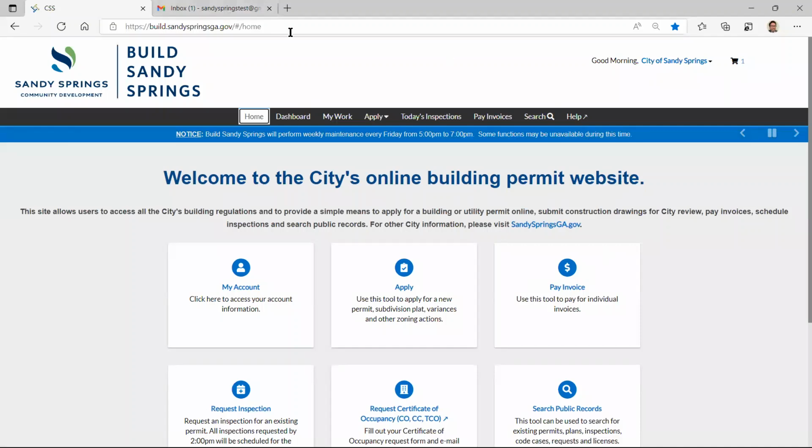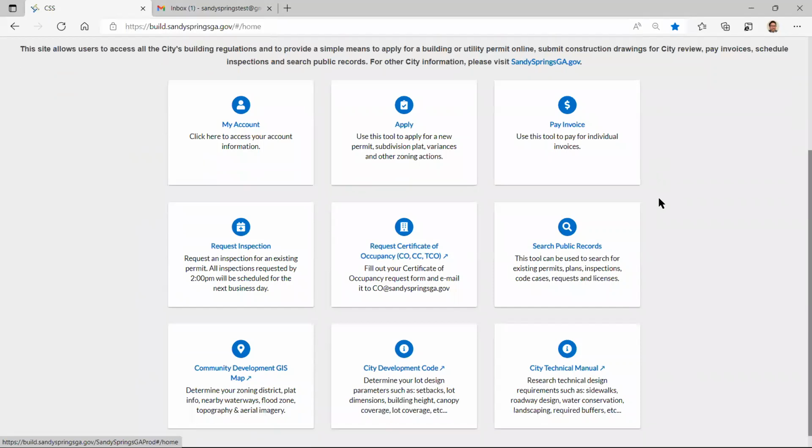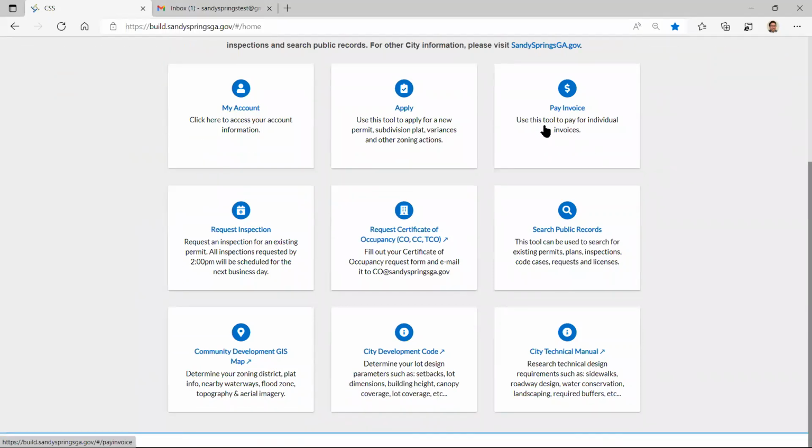All right. So when you type in build.sandyspringsga.gov, this is the home screen. So here's a brief summary of what we have. This is basically everything that you would need to know about building in Sandy Springs. I know a lot of you may know this, but there's a lot of new faces as well, so I'm going to give you a brief summary. My account is where you're going to register or log in and apply for a permit. You can pay your invoice, request inspections, request your CO, search public records, and see some basic information about who has a